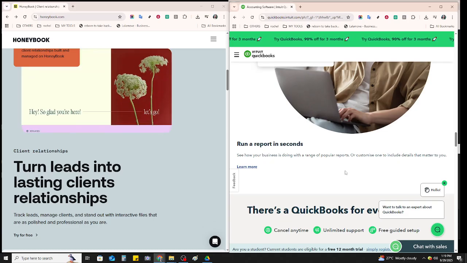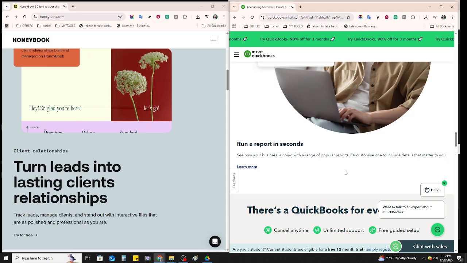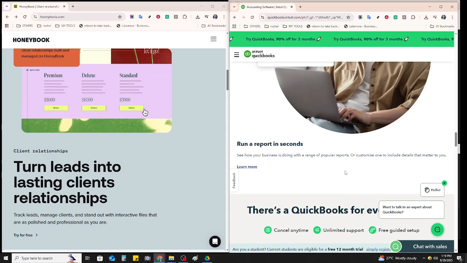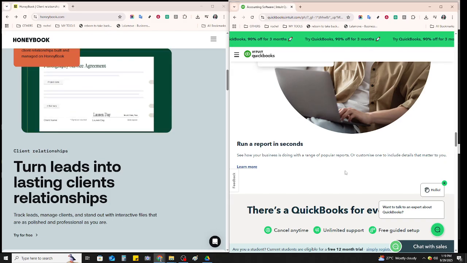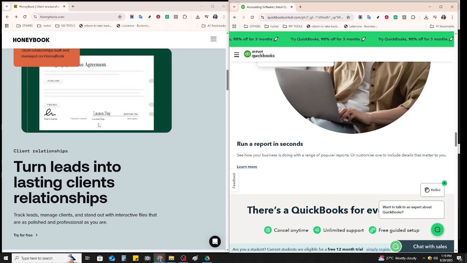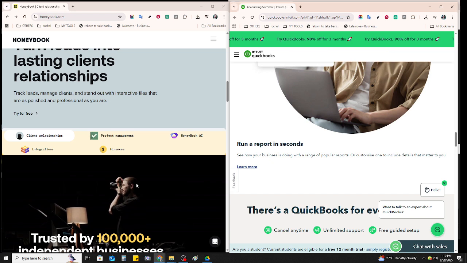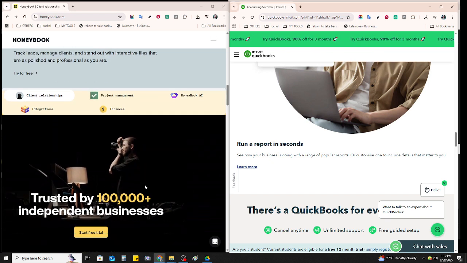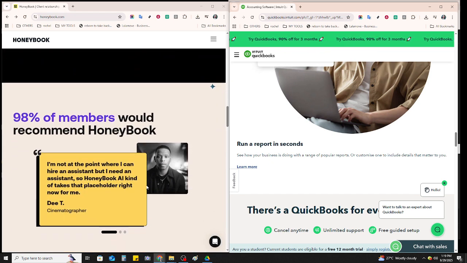Ease of use is another important consideration. HoneyBook is known for its intuitive interface, tailored for creative users, offering an easy learning curve. In contrast, QuickBooks might feel more complex, given its breadth of features, but it's incredibly powerful once you're accustomed to